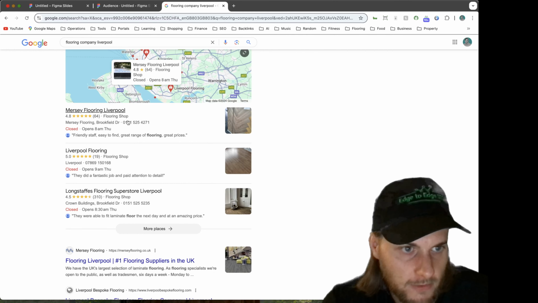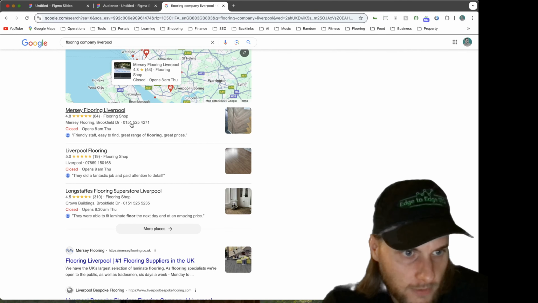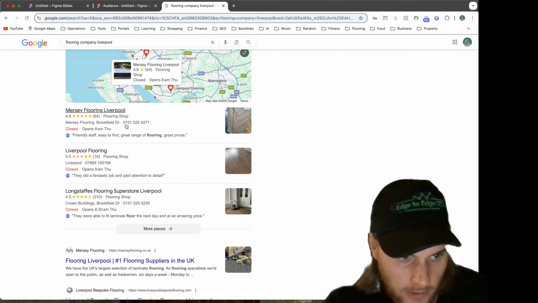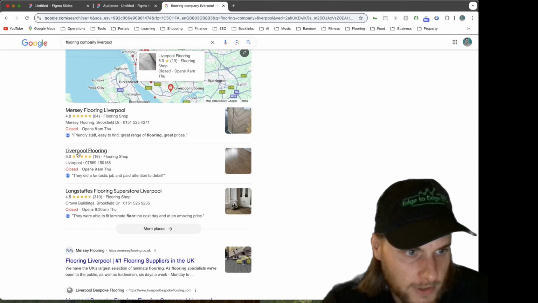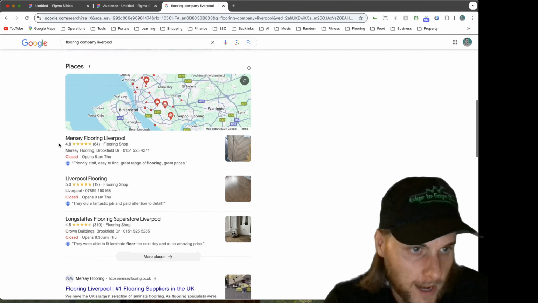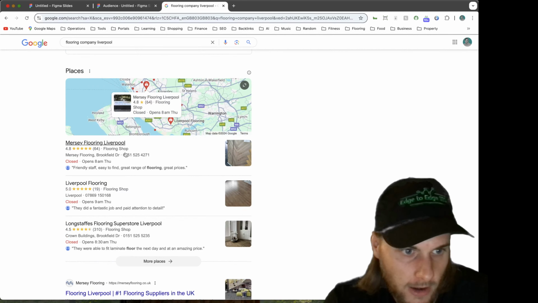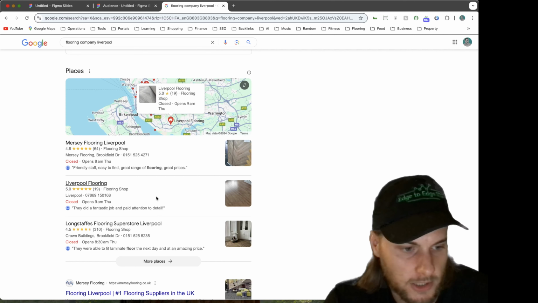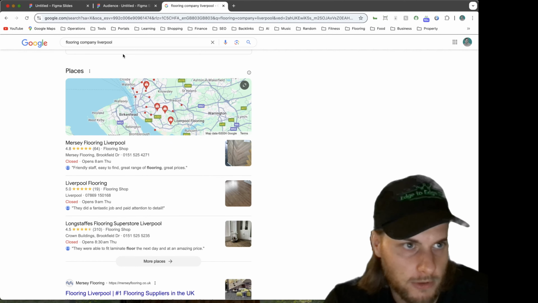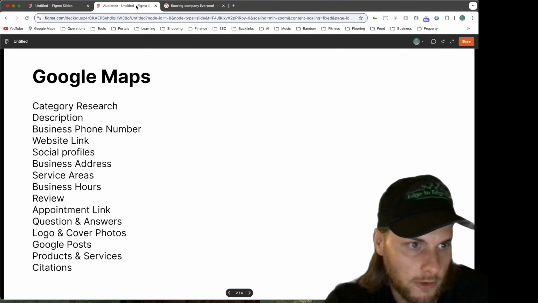So you can see for the Liverpool area, it looks like 0151 is the local area code, and the local area code is also related to the area that you're in. So obviously it's not an absolute must-have, because this company here is using a mobile number and they're still number 2 on Google Maps. But you can see the two companies here are using a local number, and they're also the other two companies that are at the top of the search results. So getting a local number is going to help with local rankings.